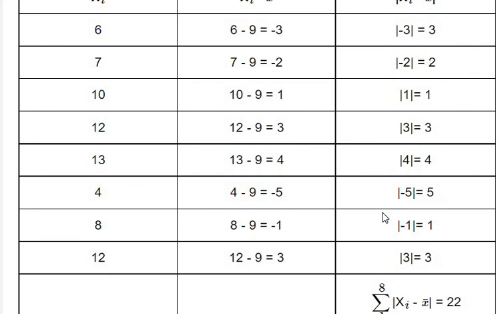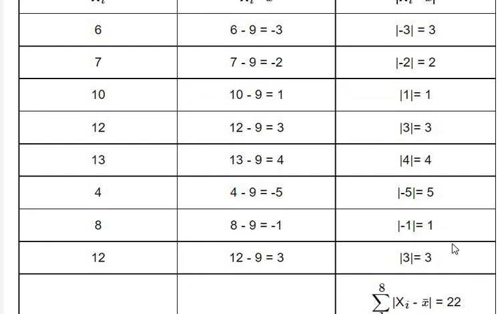Now our formula is sigma modulus of x minus x bar, the whole by n. So we found x bar. Now we found x minus x bar, which is with sign. Then we apply the modulus, so it becomes signless. Now we did the summation. We sum the modulus of x minus x bar and we got the value 22. So sigma modulus x minus x bar is 22.